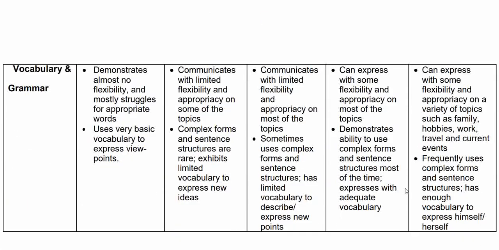Next is vocabulary and grammar, that is the choice of vocabulary and grammar. The highest score, let us look at the highest score, can express with some flexibility and appropriacy on a variety of topics such as family, hobbies, work, travel, and current events. So your flexibility, you're able to relate to your immediate environment, frequently uses complex forms and sentence structures, has enough vocabulary to express